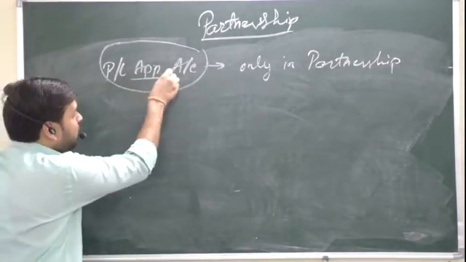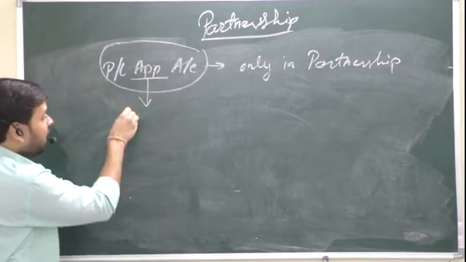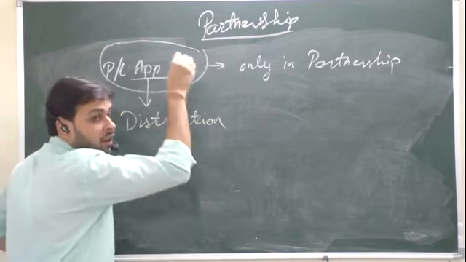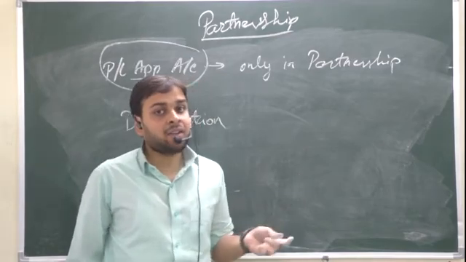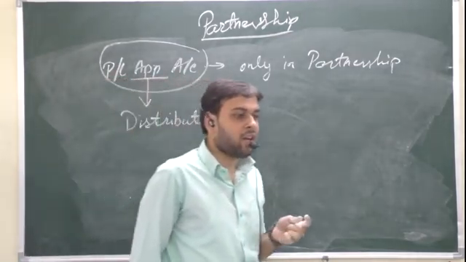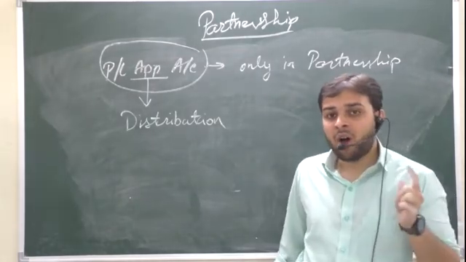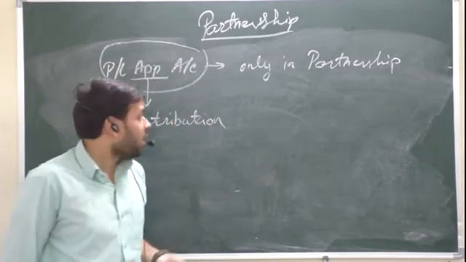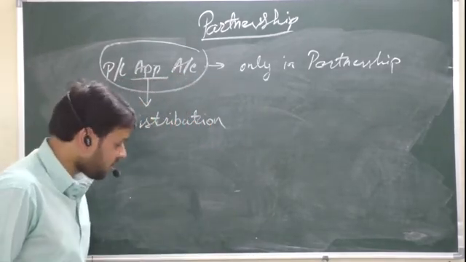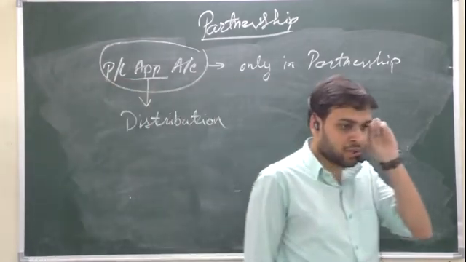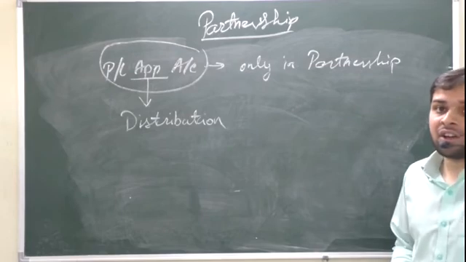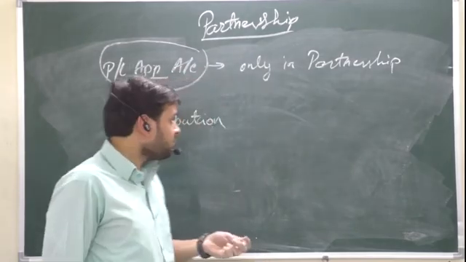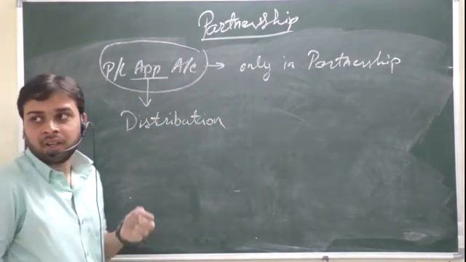The main word, appropriation, means distribution. P&L account contains all those items which are either the income of the business or a charge, that is, expenses of the business. Is it okay? So the P&L appropriation account is nothing but distribution, and it is an extension of the profit and loss account. Okay, let's go. So